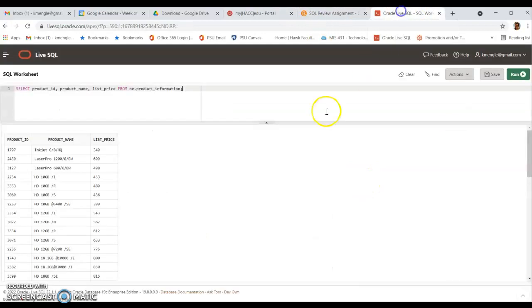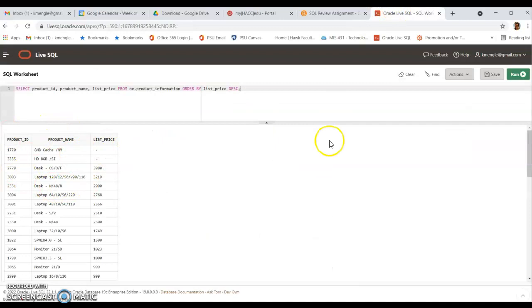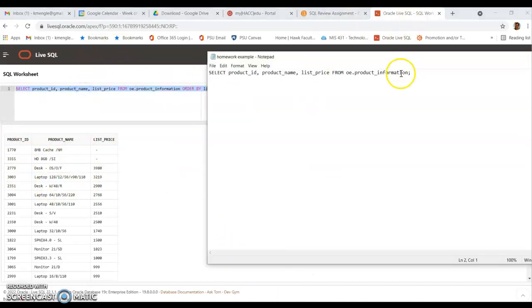Okay, so let me go back here. I'm going to get rid of my semicolon. And I'm going to put order by list price descending. And I'm going to run that. And that's working. So if I go back and check it, you'll see that the screenshots here are matching what I am getting. So I've done it correctly. Again, I'm going to take that and put this over here in my notepad